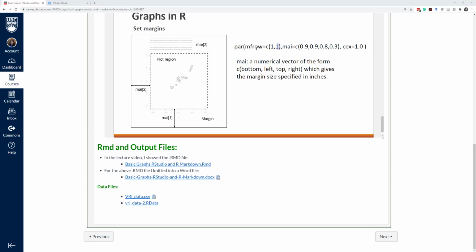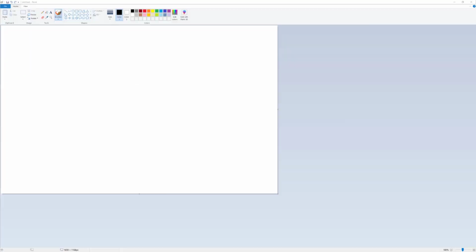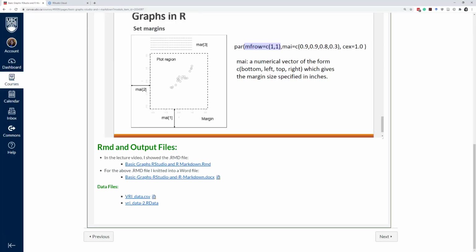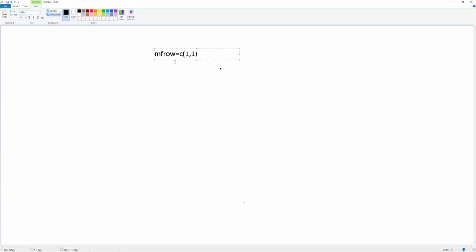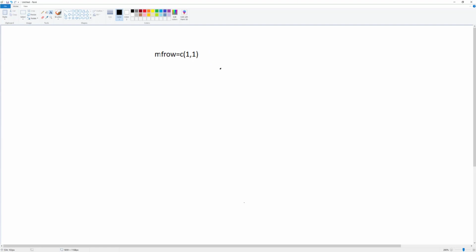So in mfrow, what it says is how many graphs we want. Let's show you in this Paint. I have to use the par function. In the par function, we add mfrow equals c(1, 1), c(1, 1). So that means we are saying that we are going to use this. mfrow c(1, 1)